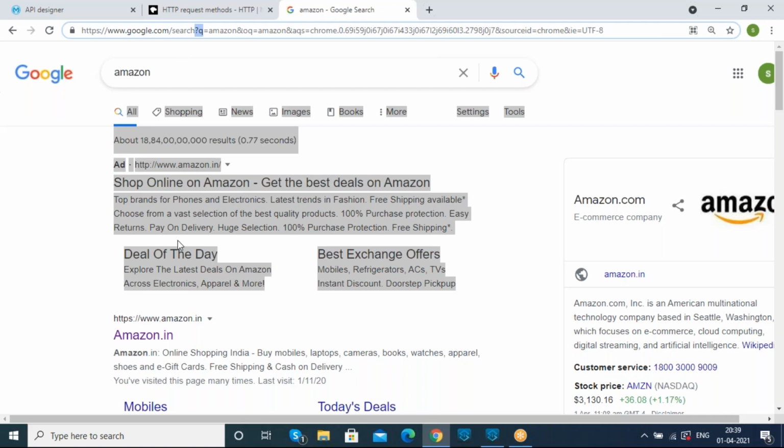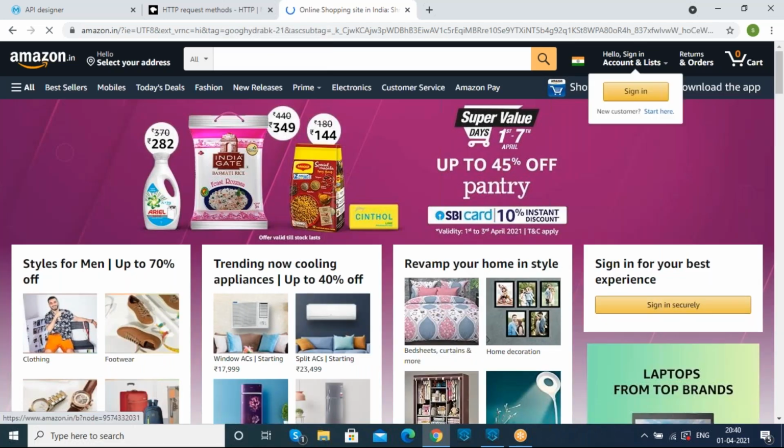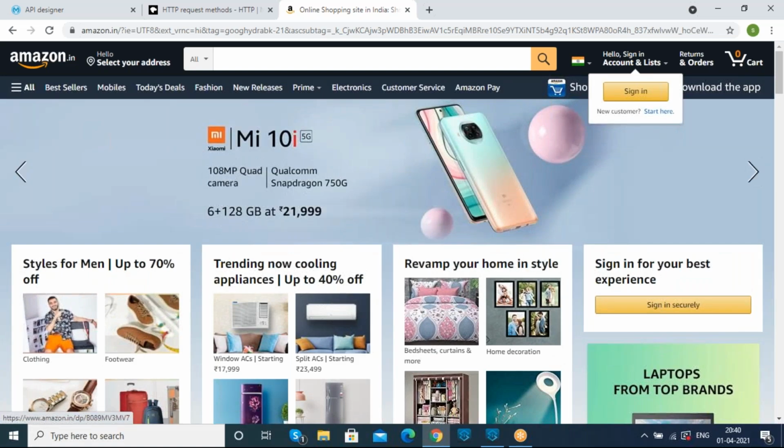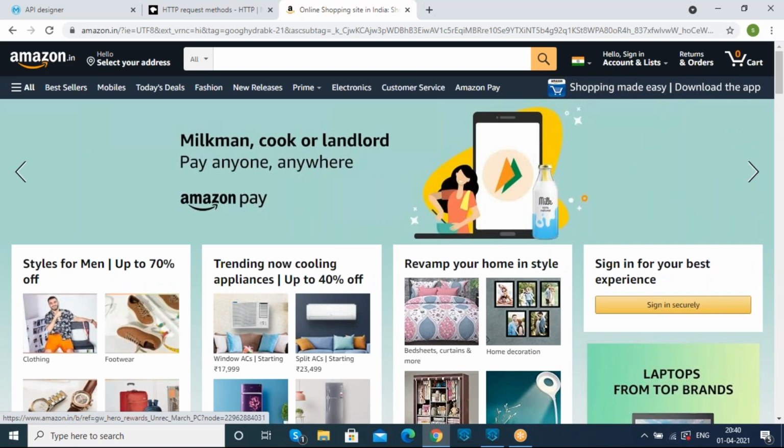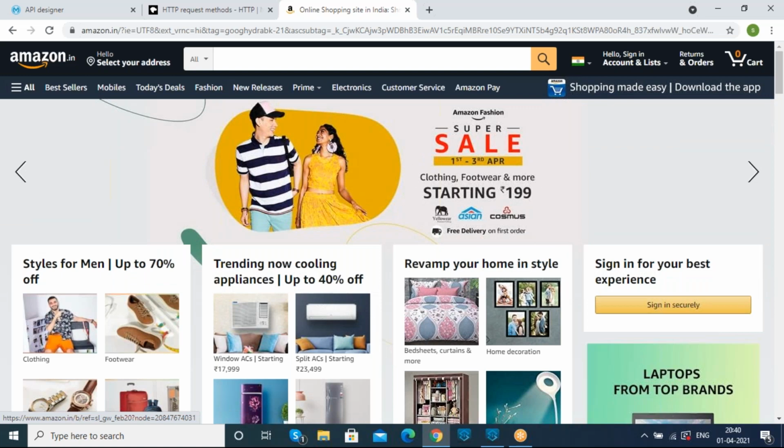And if I click on this URL, we are able to fetch the total data from the Amazon database from the home table, because the page displayed for us is a home page. We get this total data as our response by using the get method, because the get method is used to retrieve the total data based on the requested parameter.